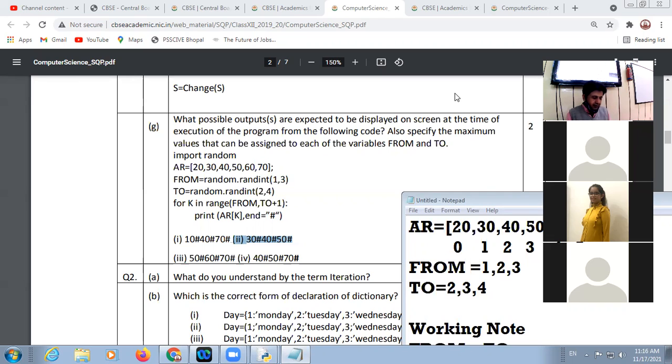Now tell me, dictionaries are a dash set of elements: sorted, ordered, unordered, or random. Yes, any student? Unordered. Yes, it is an unordered set of elements. Dictionaries are also called dash.